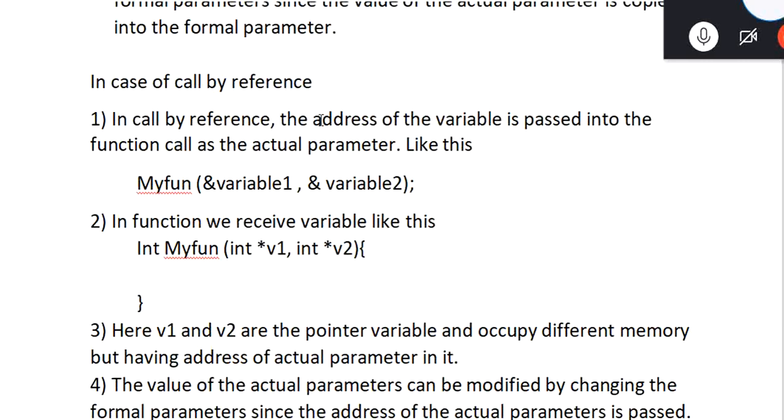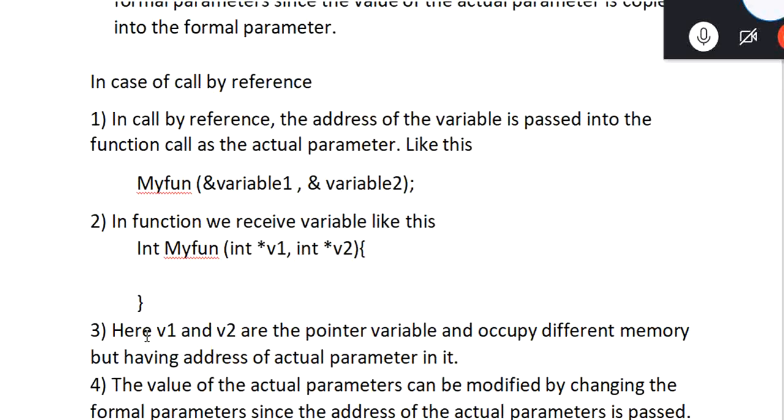So in call by reference, the address of the variable is passed into the function as the actual parameter. So as actual parameters, we are passing the address of V1, the address of V2, and in the function we receive them as pointers. If we are passing an integer address, then we have to receive it as an integer pointer. If we are passing a character address, then we have to receive it as a character pointer.